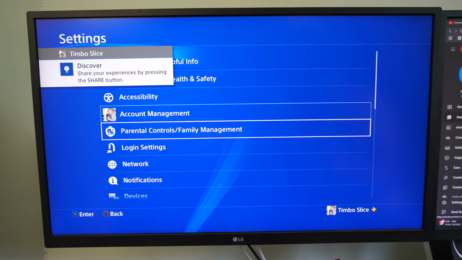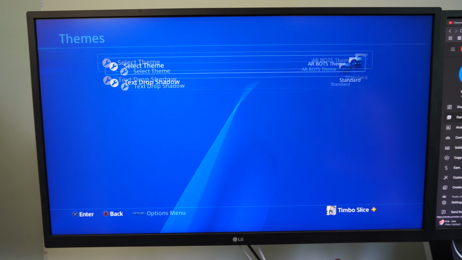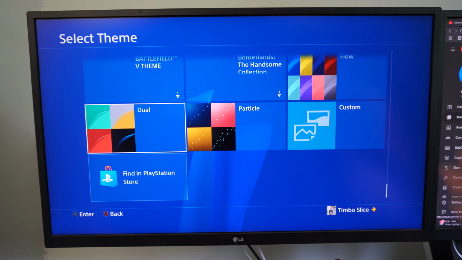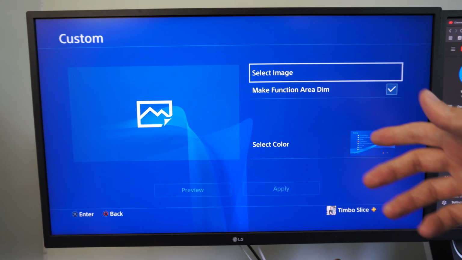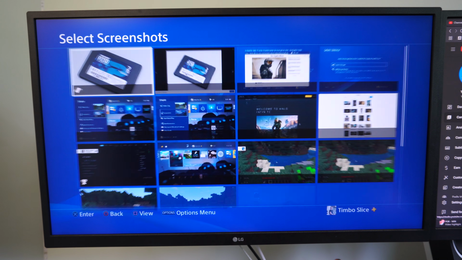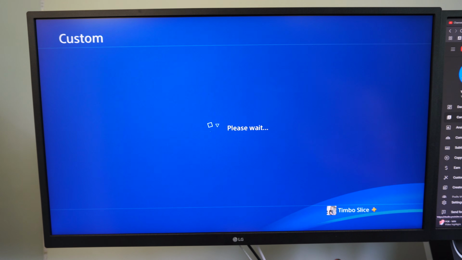So let's go to settings and then go to themes, go to select theme, go all the way down to the bottom, got a lot of themes, and then go to custom, and then you can select an image under here, and you can go to system storage, or you can plug in a USB device. And here's my SSD that I put on here. So let's just put this as my background and apply it. And then we can go back,